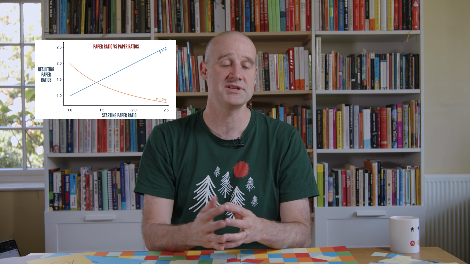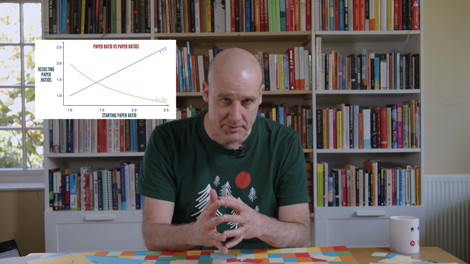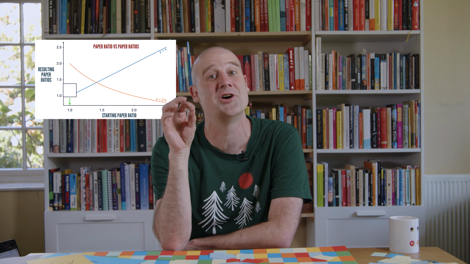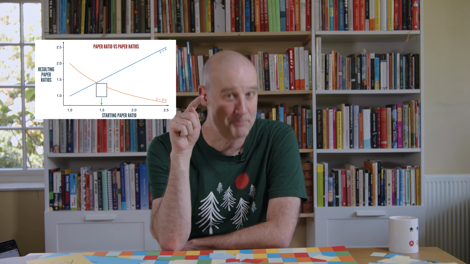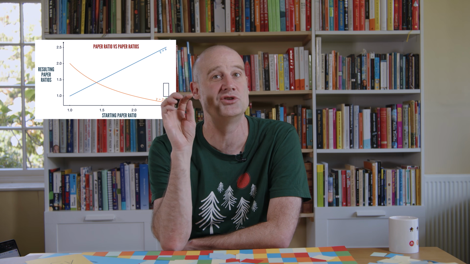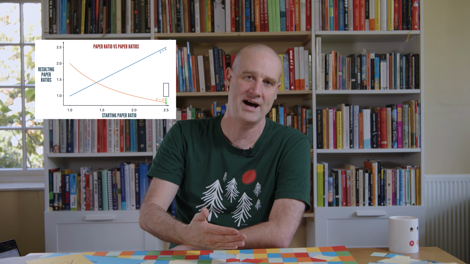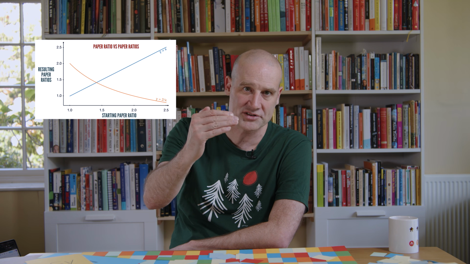In fact, here's a fun plot. We have a line for y equals x, and we have a line for 2 divided by x, which is the equation we had on the whiteboard a second ago. And if you pick any starting ratio of your piece of paper on the horizontal axis, the two values above it are the two aspect ratios you will flip between if you continually divide them into equal halves. And where they cross is the only place where there's only one value, and of course, that's exactly where root 2 is.